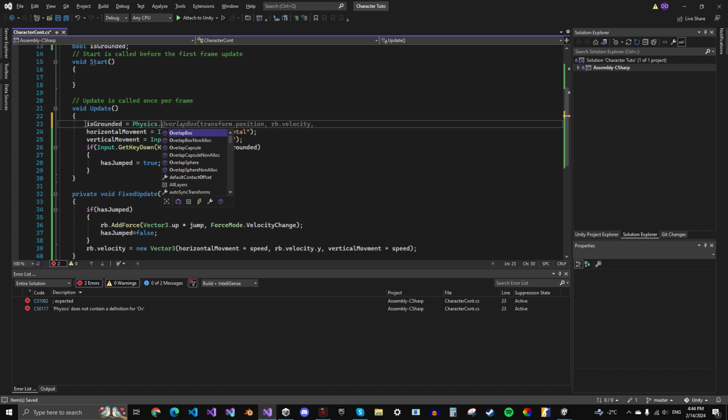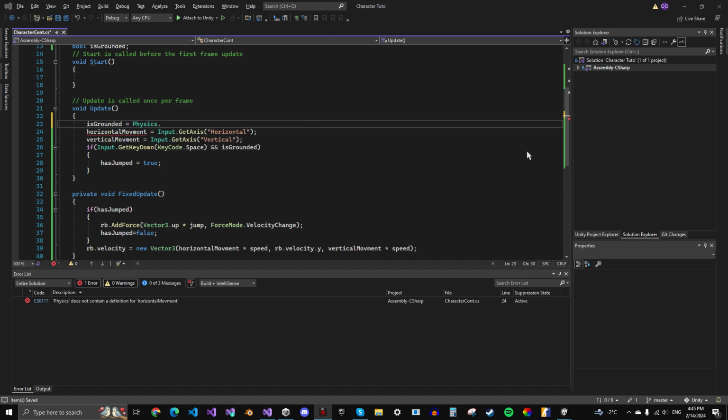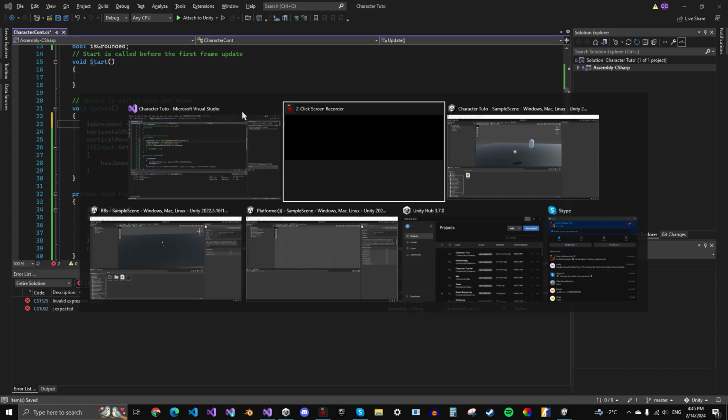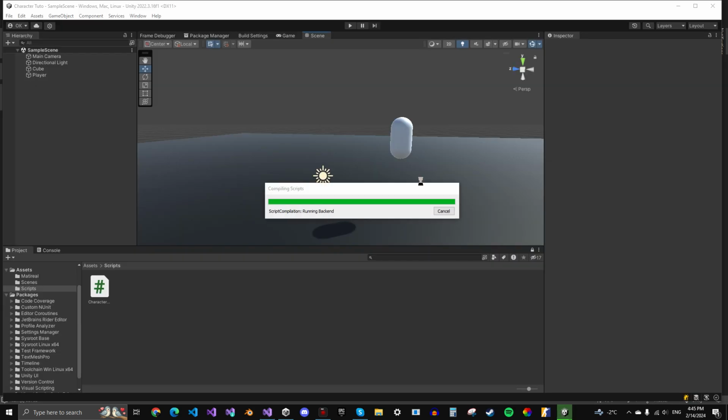Of course, it's a bit. I'm kind of stupid. Overlap sphere. I'm sorry. So as you can see, we need a position, a radius, and a layer mask, which is optional. So overlap sphere. And what we actually want to do is go in here and create a